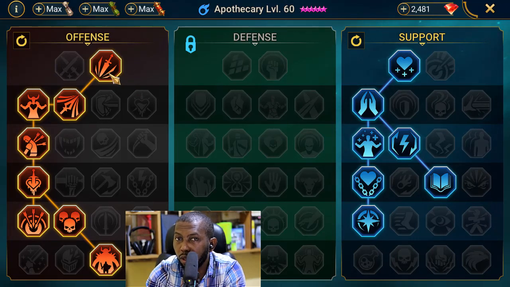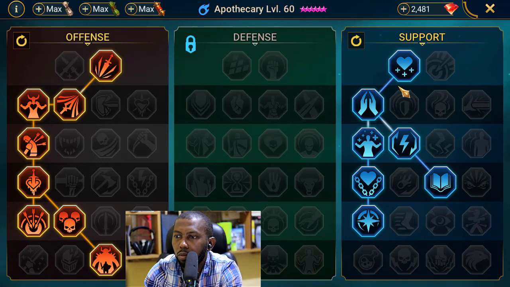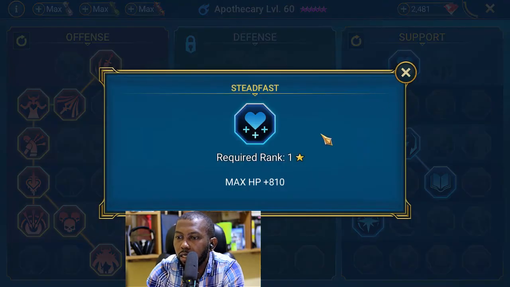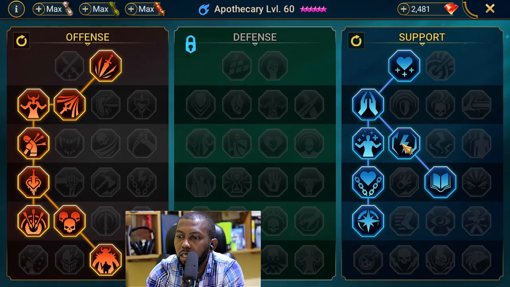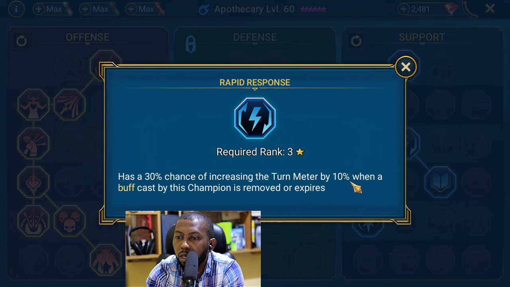If you're going to push him to level 60 and unlock this last level, that's when you really need this. Now, the support tree is also important for him because he's a healer, and you can see this increases his max HP. This increases the value of heals that he can give by 5%. His turn meter will be increased by 10%,